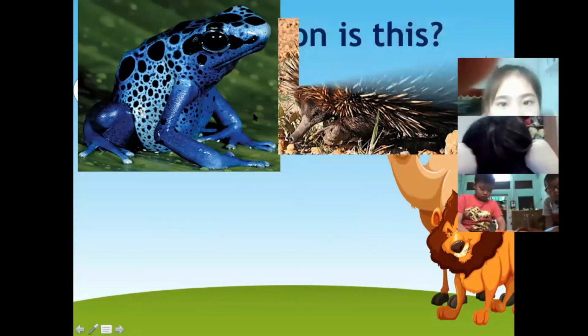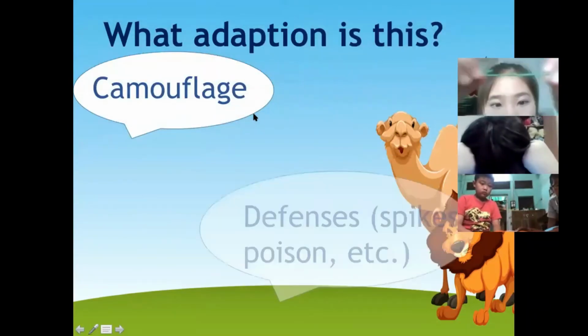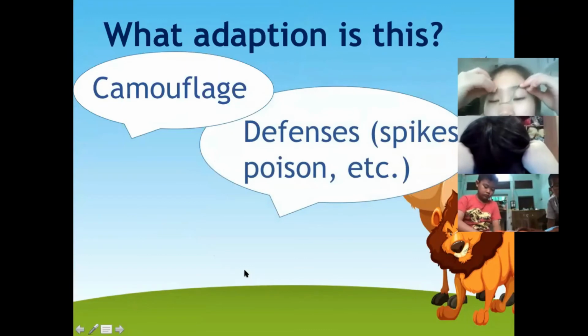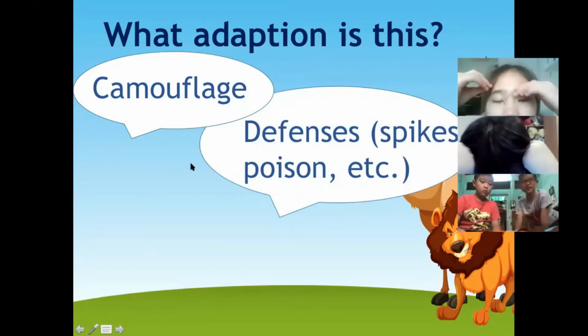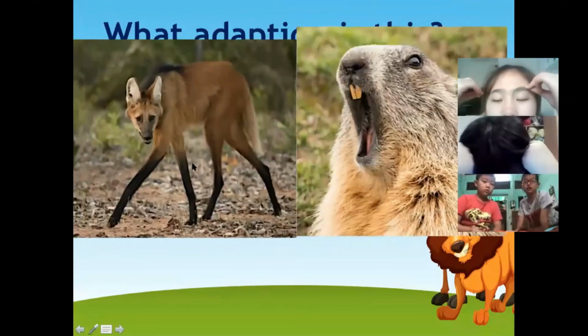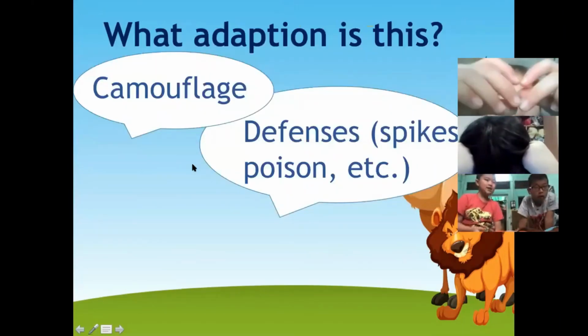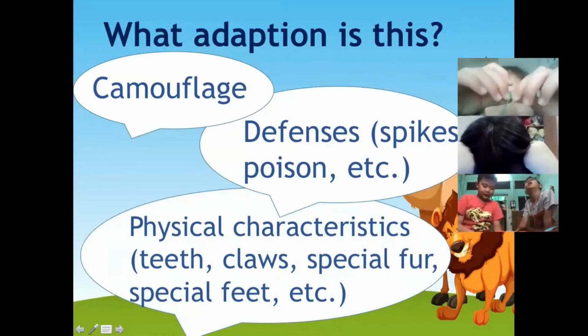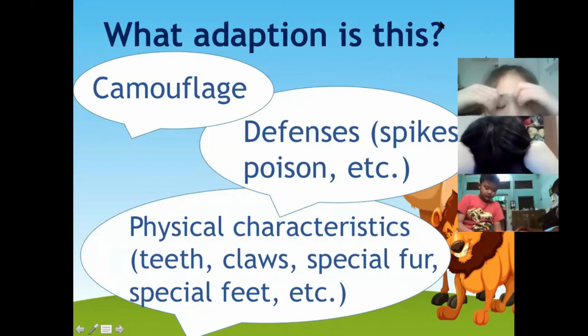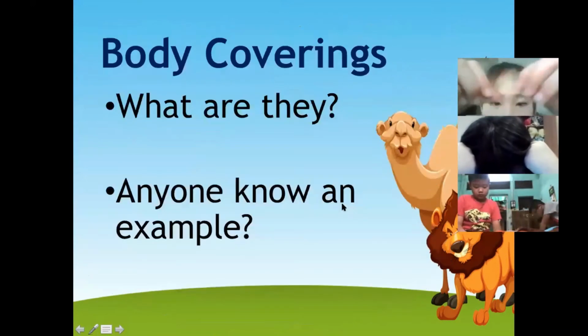Excellent job. Right, so these are defenses like spikes, poison. For these last ones, there's also physical characteristics: teeth, claws, fur, feet, body